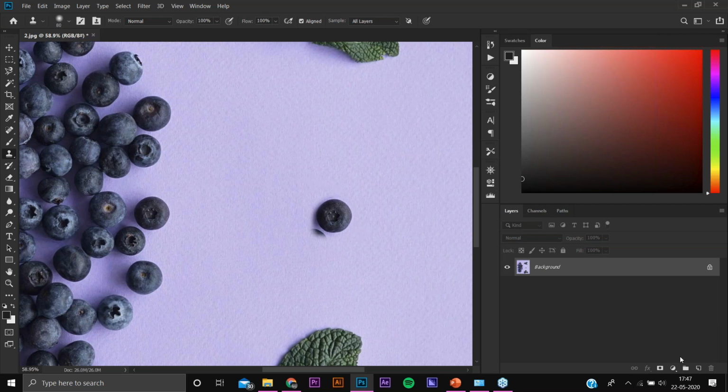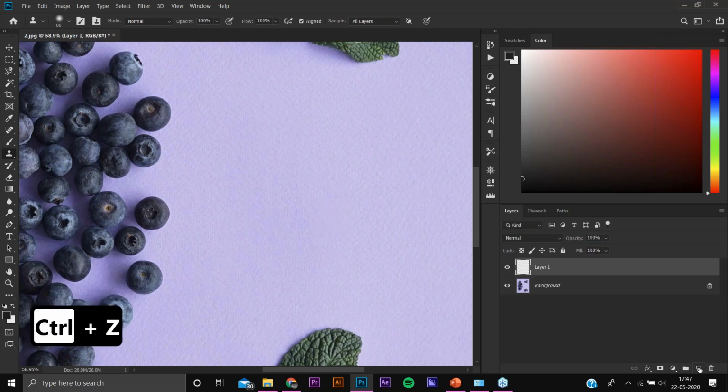I forgot to switch on the layer, so it has been created on the background image. So whenever you do it, you should first switch on the layer, then go to the same blueberry, select it. Now we have created it over here.